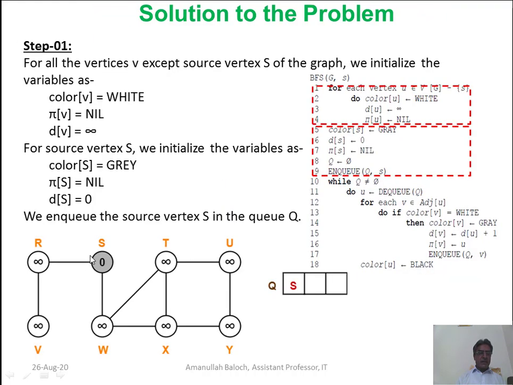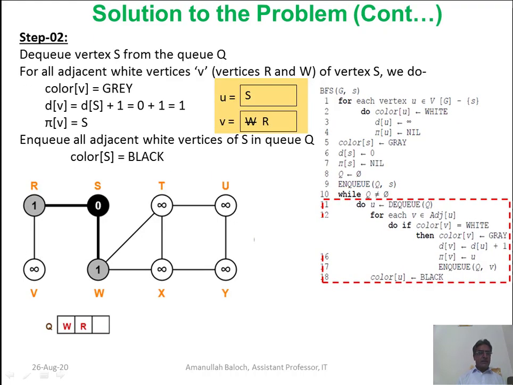In the beginning the color of R was white, and now it has been made gray. The distance is d of U plus 1. The distance of the source node is 0, 0 plus 1 is equal to 1, and the parent is U, which contains S. So the parent of R will be S, and it has been doubled.